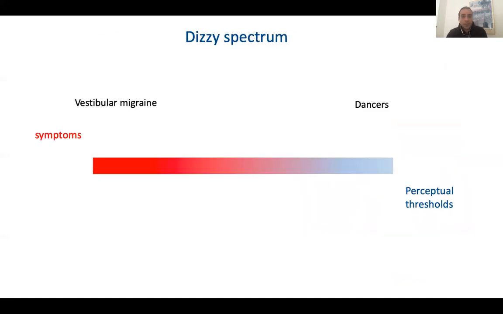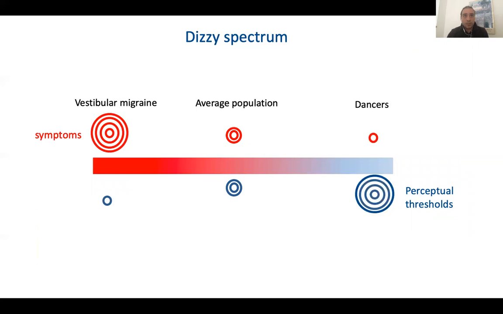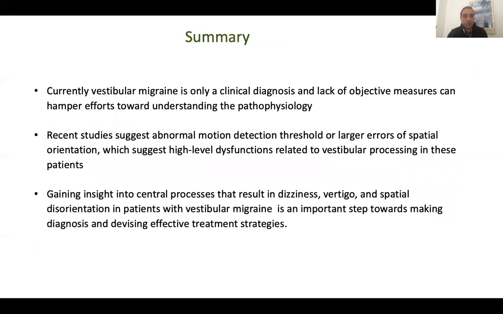So if we want to put these findings into perspective, there's likely a dizzy spectrum. At one end of the spectrum, there are vestibular migraine patients that have a high level of symptoms and low perceptual thresholds, and at the other end are dancers with high perceptual thresholds and a low level of symptoms. And in the middle, there is an average population. So perhaps a successful treatment would be one that can move vestibular migraine patients towards the average population. So to conclude,